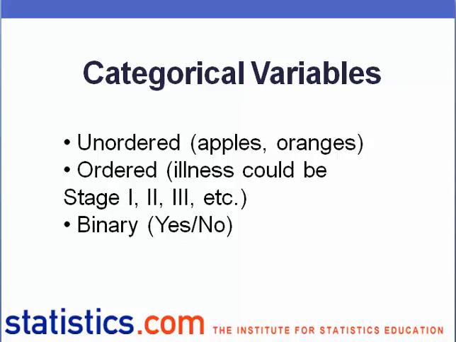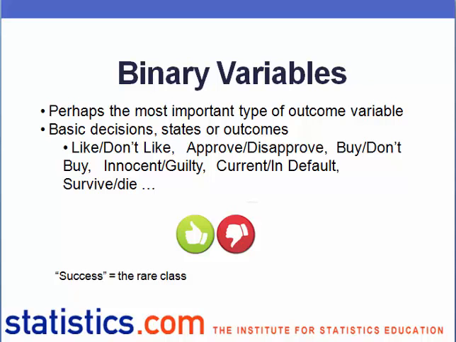They could be ordered categories in which there's a magnitude along which you can rank the categories, such as stage 1, stage 2, stage 3 for illnesses. Could be a binary categorical variable, yes, no, 0, 1 variables. Binary variables actually are among the most common and important types of outcome variables, in the sense